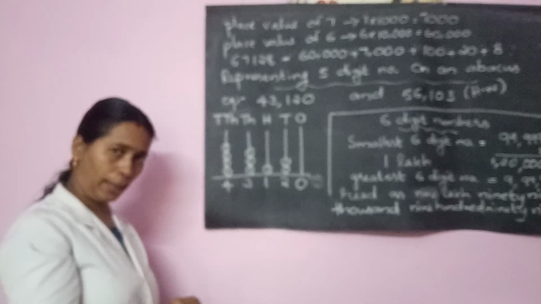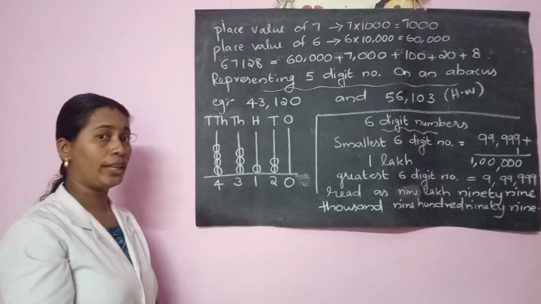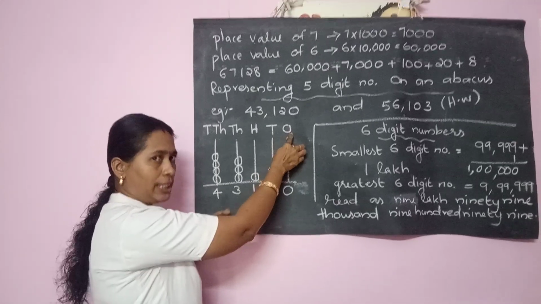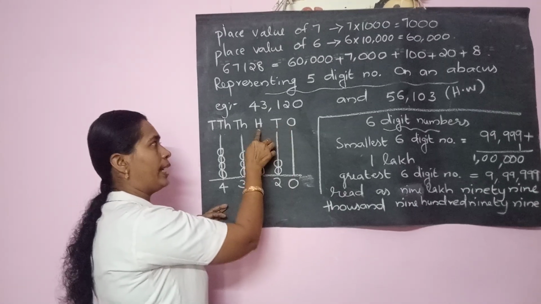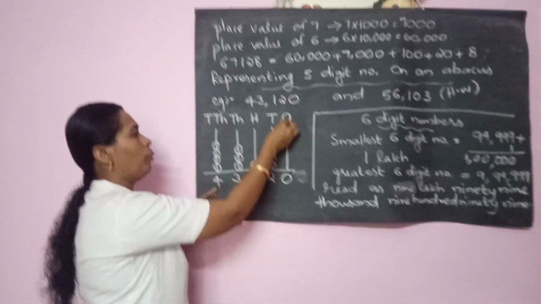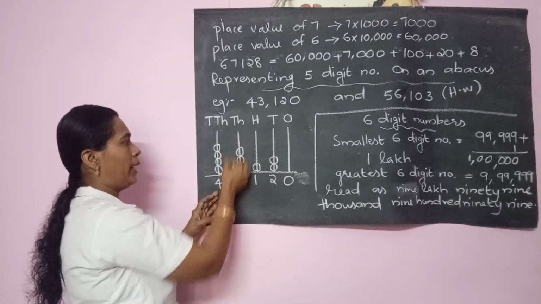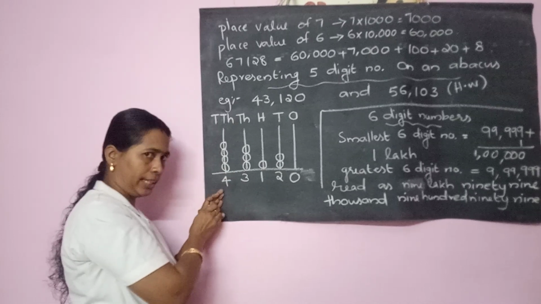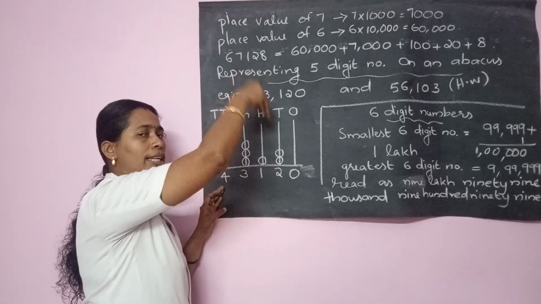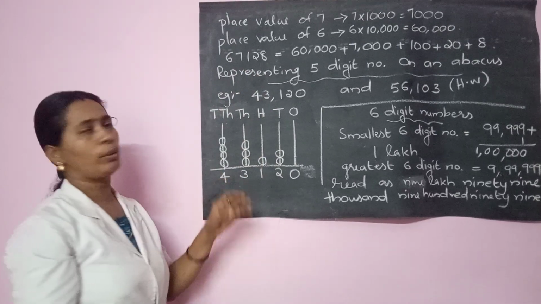So for forming an abacus, first we want to write all the places. Places are noted by ones place O, then T, then H, then TH, TTH. Okay. Then you place bars, or needles, like this. Then we have to insert beads according to the number.